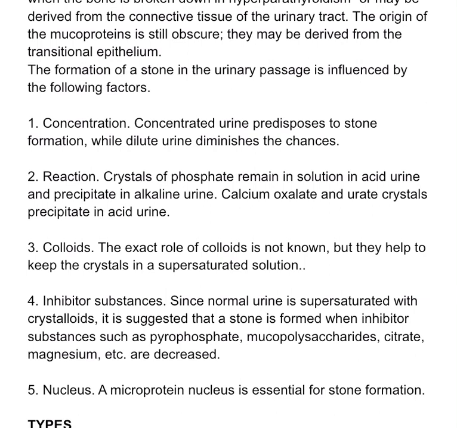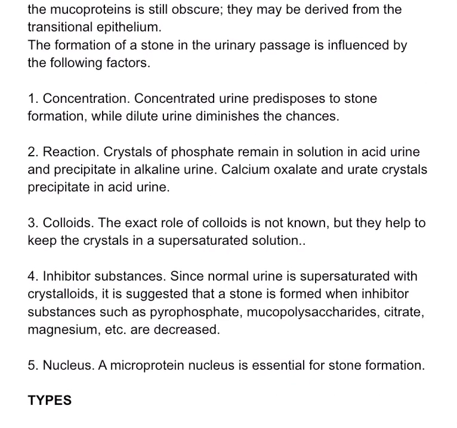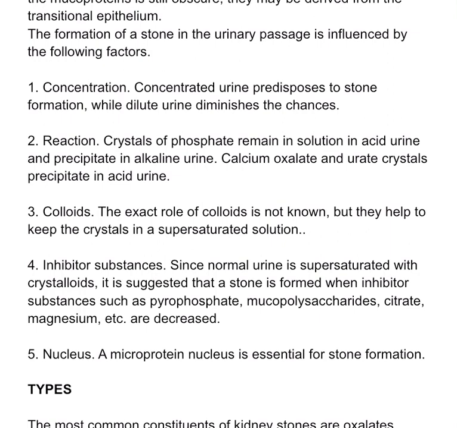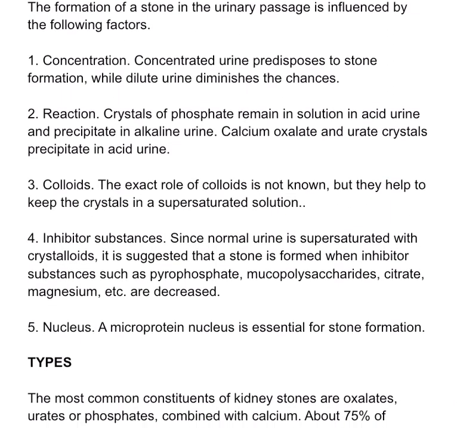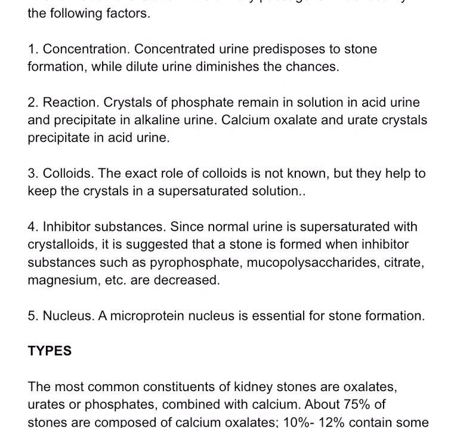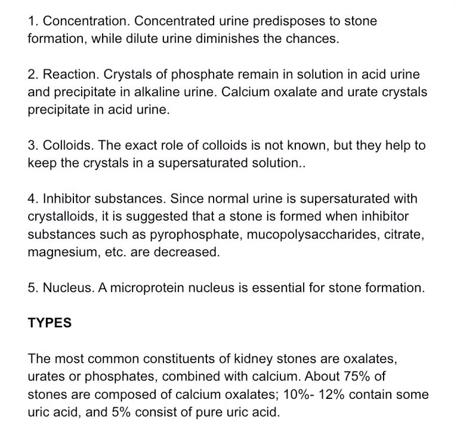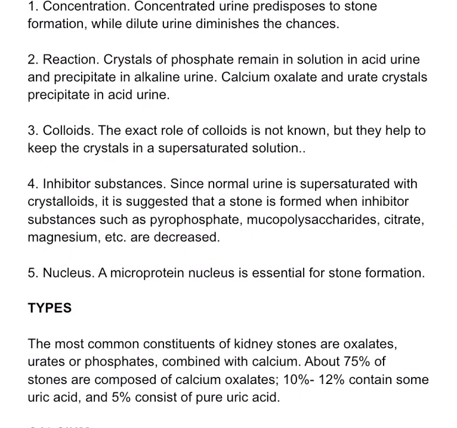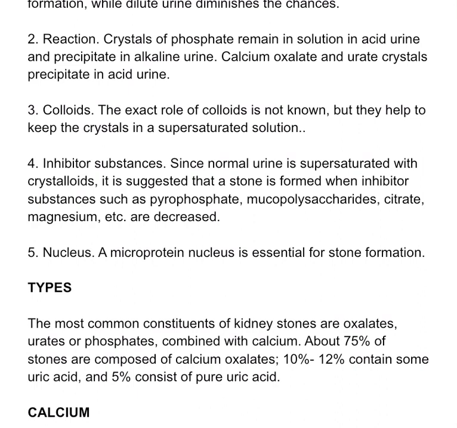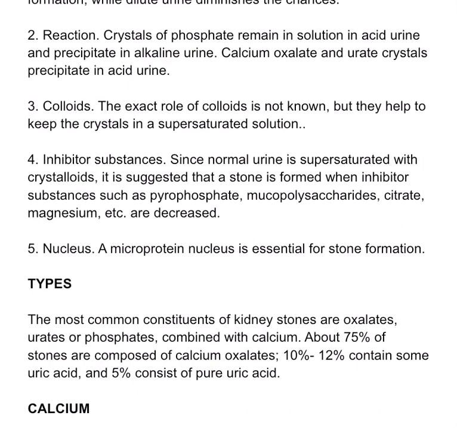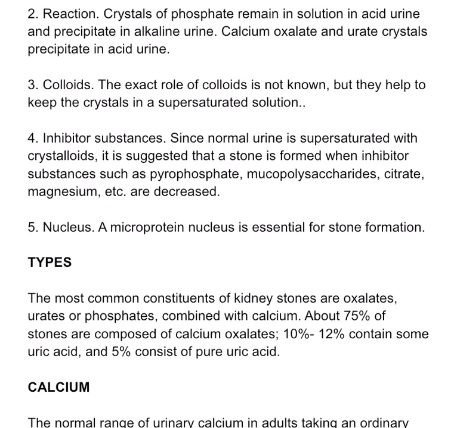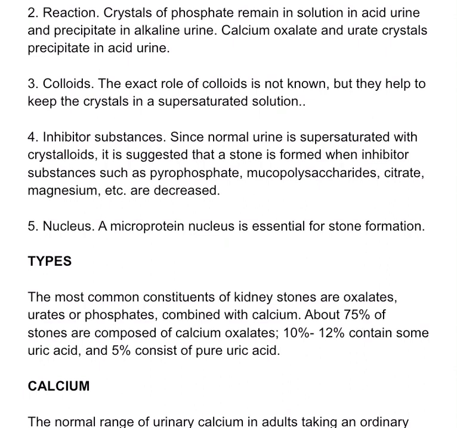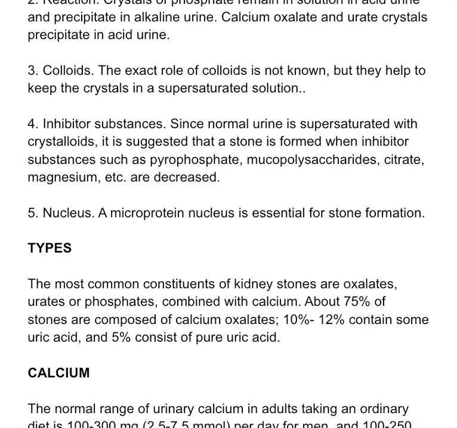The formation of a stone in the urinary passage is influenced by the following factors. 1. Concentration. Concentrated urine predisposes to stone formation, while dilute urine diminishes the chances. 2. Reaction. Crystals of phosphate remain in solution in acid urine and precipitate in alkaline urine. Calcium oxalate and urate crystals precipitate in acid urine. 3. Colloids. The exact role of colloids is not known, but they help to keep the crystals in a supersaturated